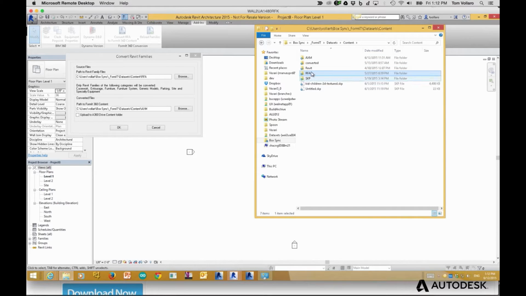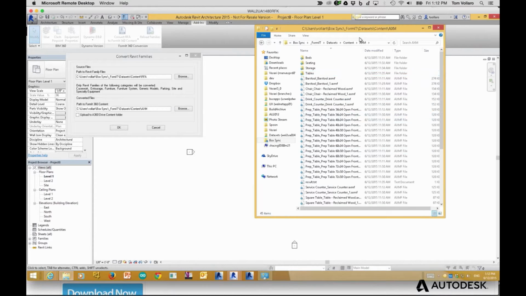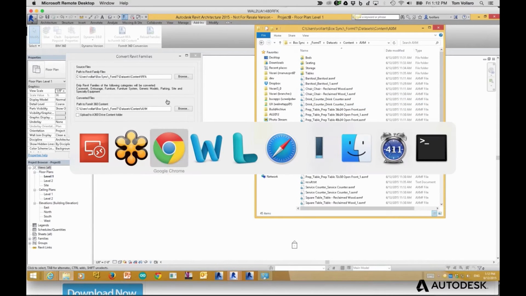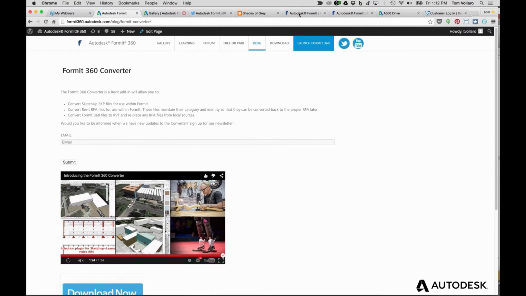I have another folder called AXM. So all this stuff, and you'll see these are actually called AXMF for family. Essentially, they're basically just FormIt files. And then if I switch over to my browser,